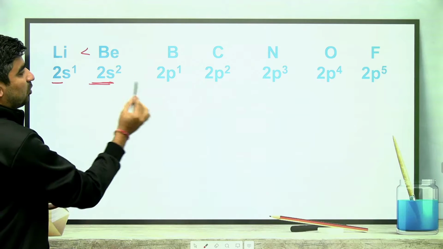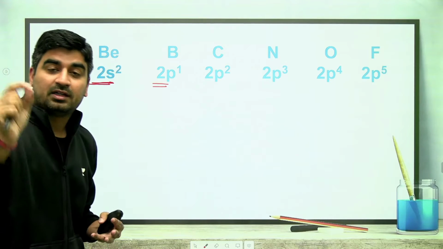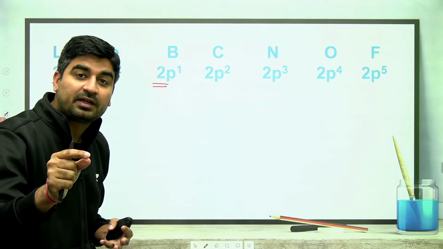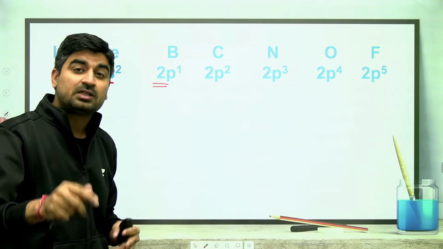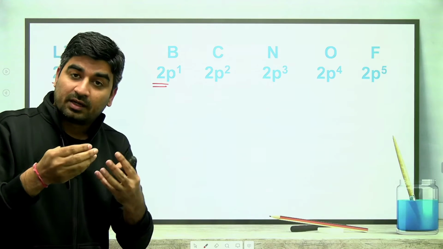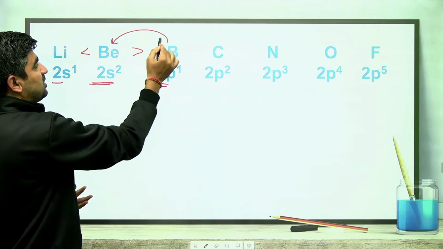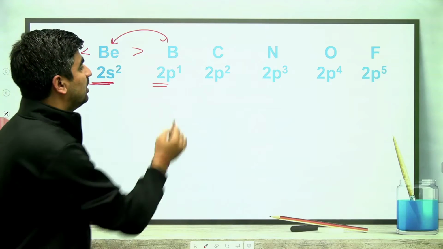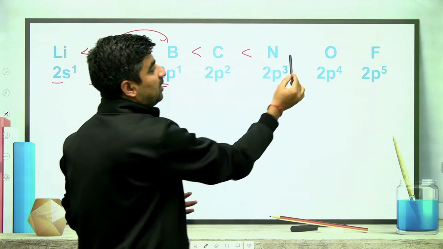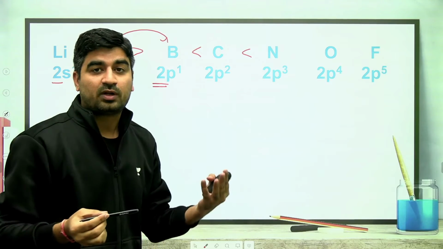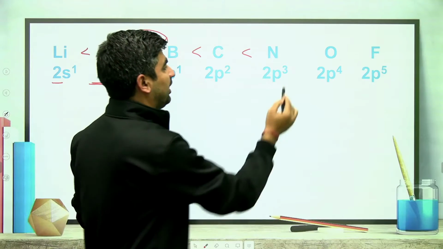But here, if you want to remove an electron from 2s and 2p, an electron present in 2s will have more penetration effect, so it will experience more attraction. So the energy required will be more for this electron. So here I have to interchange the position, then it's okay. Ideally oxygen should have higher ionization energy, but nitrogen is having high.